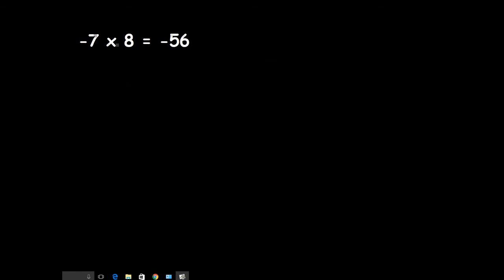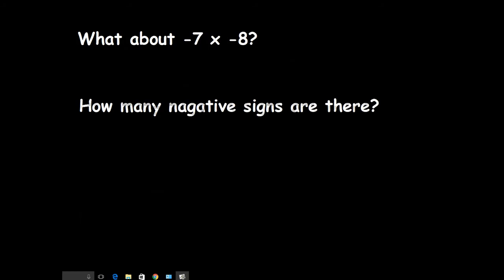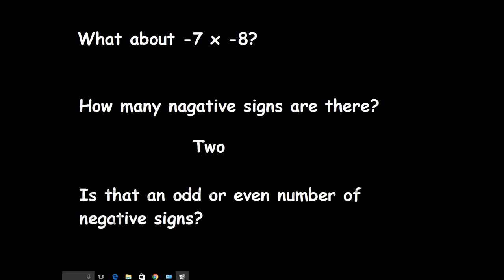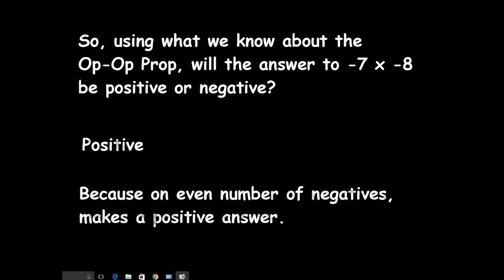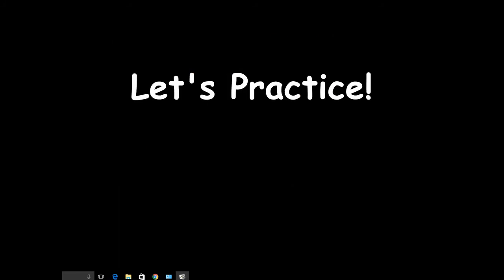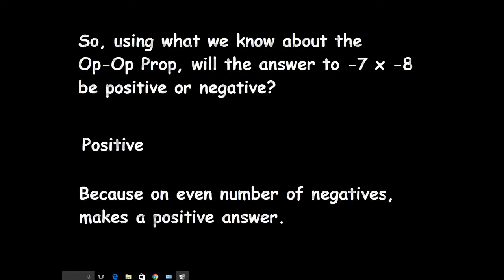All right, you guys, now let's try another one, but this time let's make it one with two negative numbers. So let's try -7 times -8. How many negative signs are there? 2. One in front of the 7, one in front of the 8. Is that an odd or even number of negative signs? Even, 2 is even. So using what we know about the op prop, will the answer to -7 times -8 be positive or negative? It's going to be positive, because an even number of negatives makes a positive answer. So we know that -7 times -8 equals